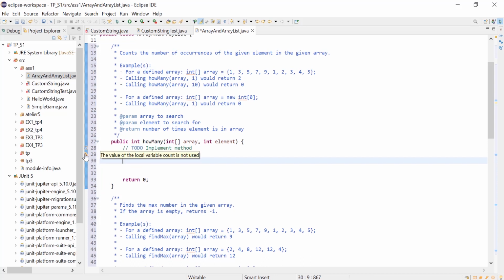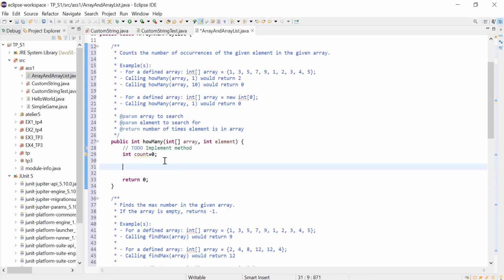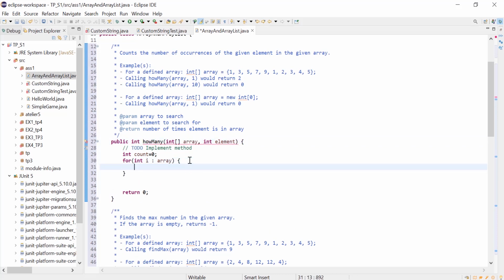Problem because it's not used. Then I'm gonna do a loop, int i, over my array to read the content of the array. Why do we have a problem? Oh, okay, it's not used. Every time you have this problem, I don't know why. Okay, anyways,